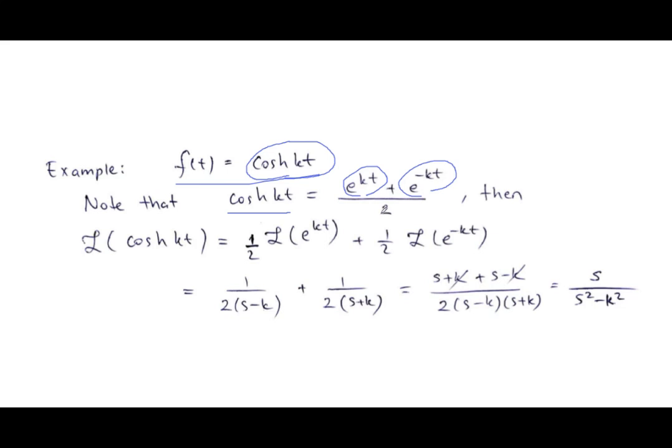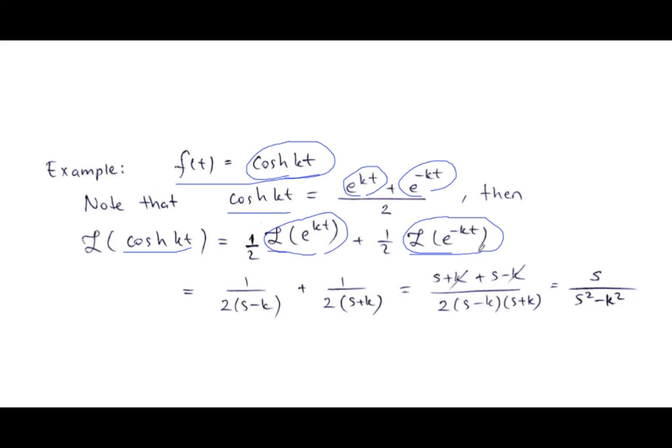So we use this property, and we can substitute the hyperbolic cosine with the Laplace transform of these two exponentials, because we have already calculated the Laplace transform of these expressions, so we already know them from the previous